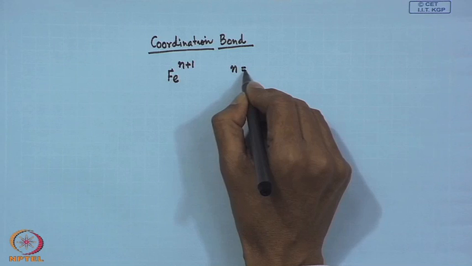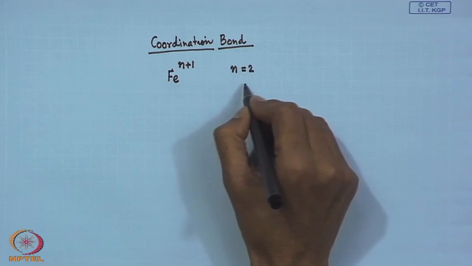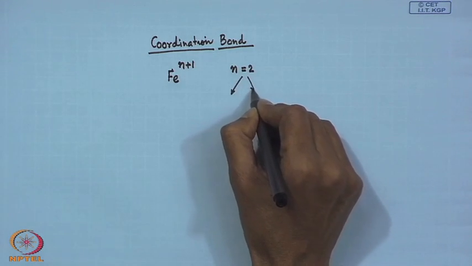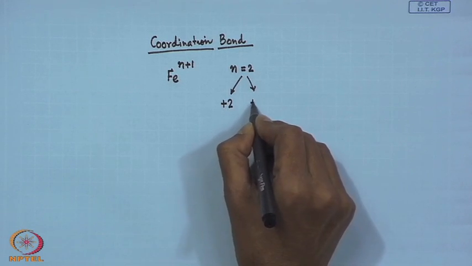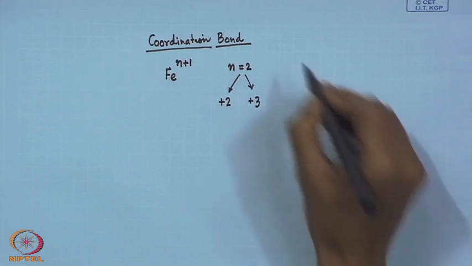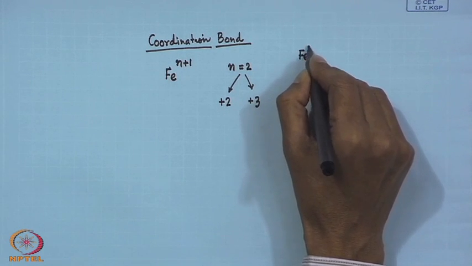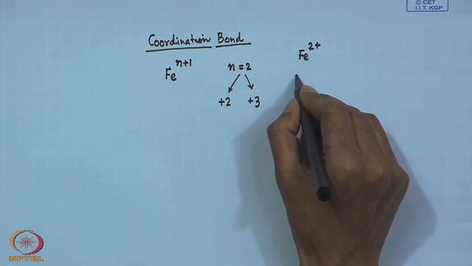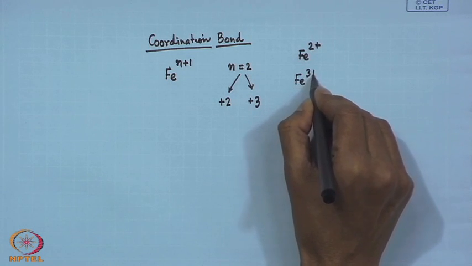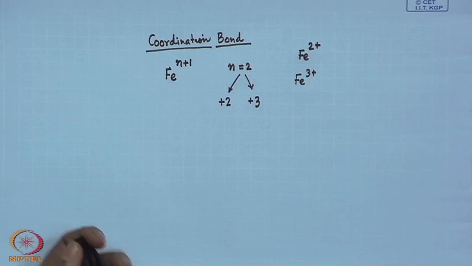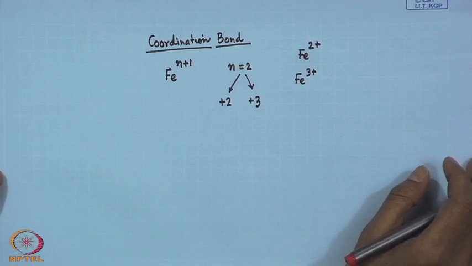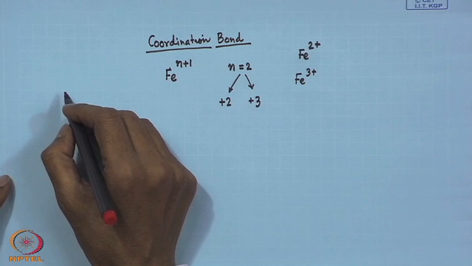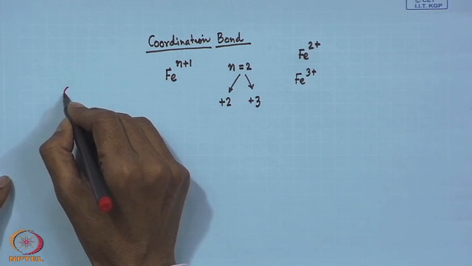So, when n is equal to 2, we get both the plus 2 as well as plus 3 oxidation states. So, if we just consider how the ferrous ion as well as the ferric ion will form such coordinate bonds. How these coordinate bonds form, because this is the basis of this particular topic of chemistry, where we will find from the very simple molecule,